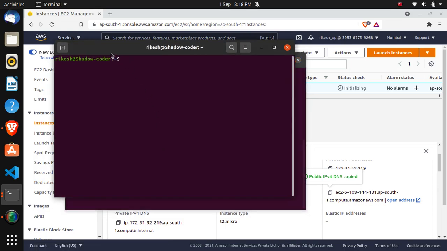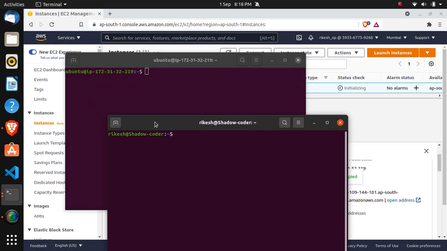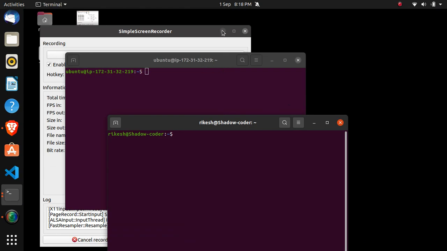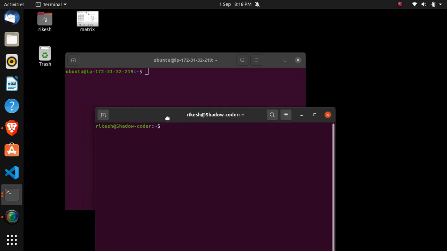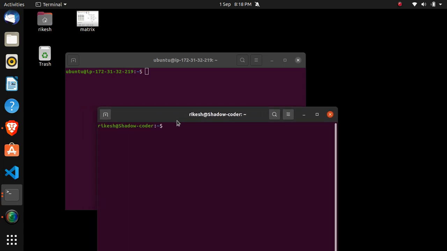So here, in another terminal from our local system, our use case is to copy a file from our local system. Firstly, we are going to require that PEM key file for transferring local data also. So let me go to the directory where my PEM key file is located, and then we'll use the command scp, and then